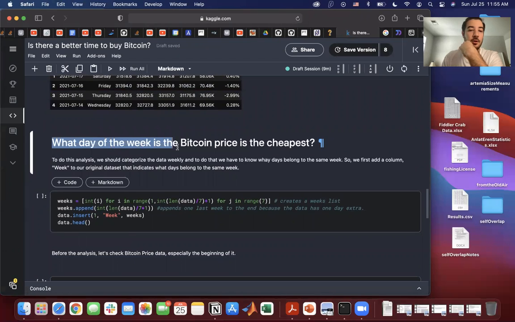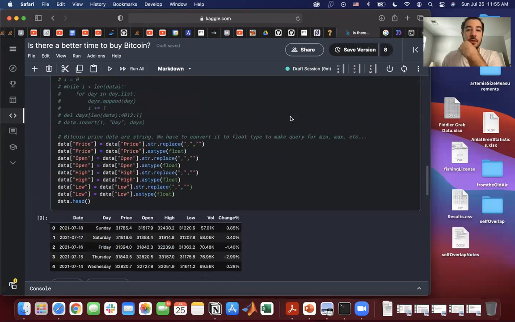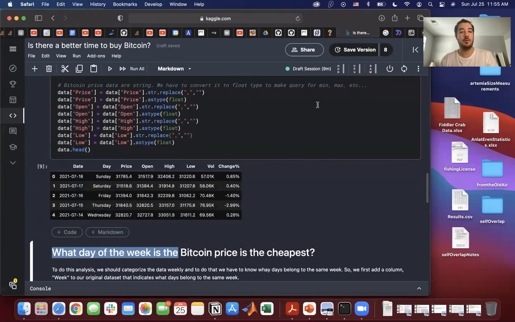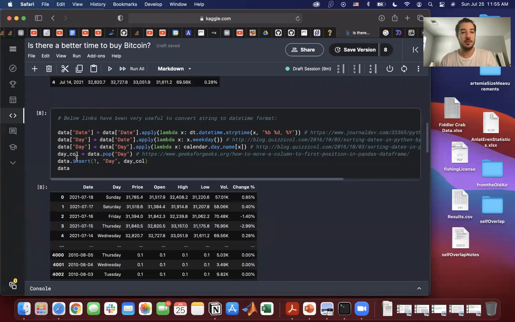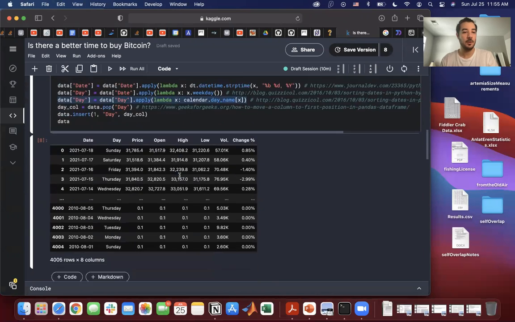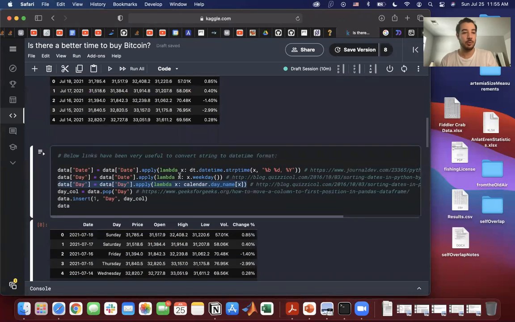And here, what day of the week? So we need actual weeks. And let's see, can we get the weeks with a similar approach as we did for the day? So to do that,